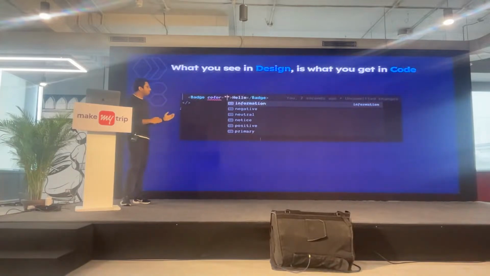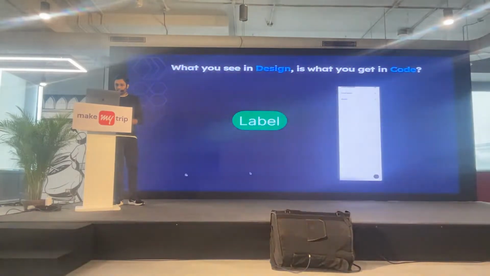So if you have a batch component, it will have a very limited set of colors that it can choose from. And it's very easy to control from the dev end because there is no CSS prop exposed, there's no style prop exposed. There's no way for a developer to override this, which means we have complete control on what colors are going into the batch. But if you're a designer, you can do